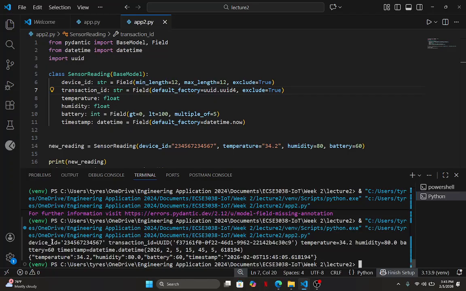But yeah, up here it has a device ID, which I specified, and a transaction ID that is meant for internal purposes. But in the JSON version, it is not included because nobody outside of the organization is supposed to know about the transaction ID. So that could be a use case of why you'd exclude something from the JSON. Yeah?